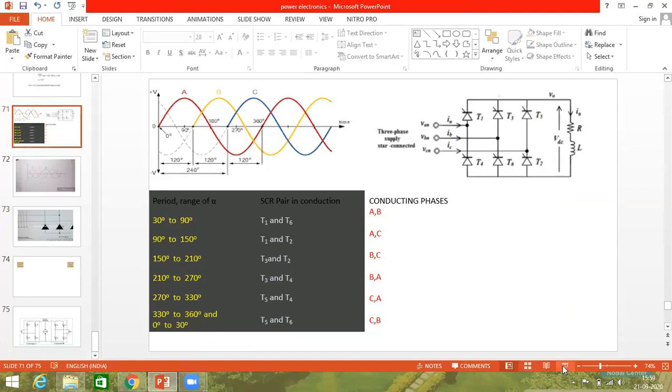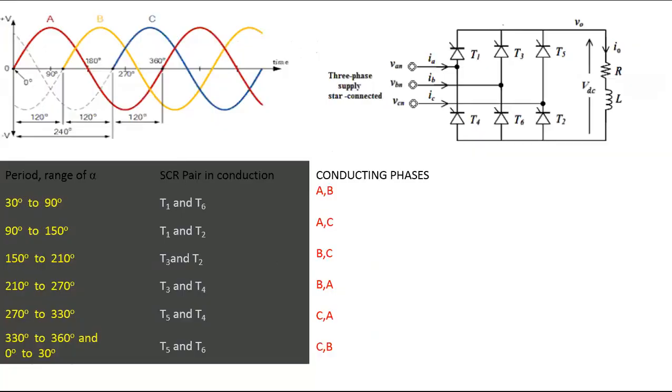Now let me maximize this one. Now come on, who will tell? Just observe this particular graph. We are going for case 3. Case 3 is from where to where? From 150 to, tell me, 150 plus 60. Every time we have to take 60. 150 plus 60, how much? 210. So 150 to 210. Already I told you to mark here. Ready now, all of you? I will wait here. From 150 to 210.